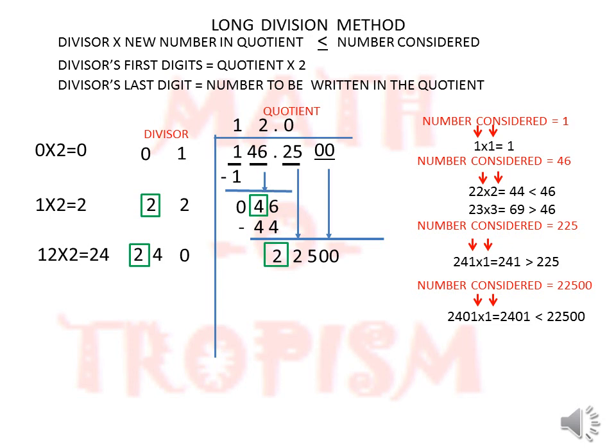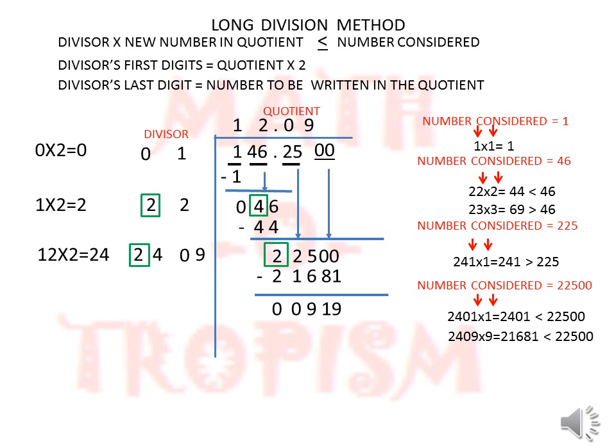So it means I need to take 2401 into 10, but I cannot put 10 because I have to put only a single digit. So what is the number less than 10? It is 9. So I will put 2409 into 9, which comes to 21,681. This is lesser than 22,500. So I need to put 9 in the divisor as well as 9 in the quotient. So I get 21,681. When I subtract, I get a remainder of